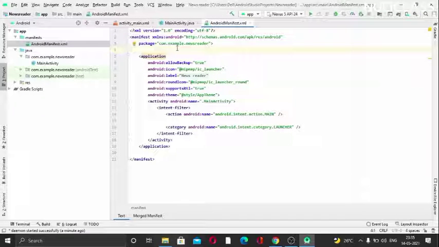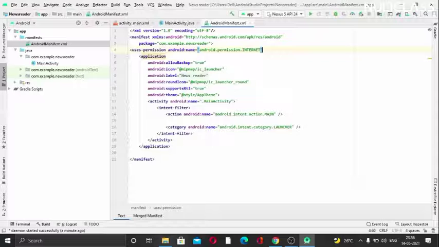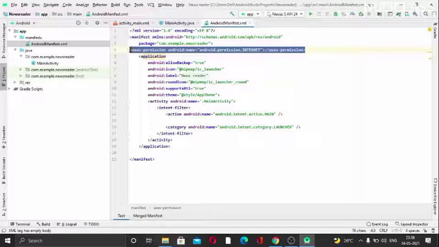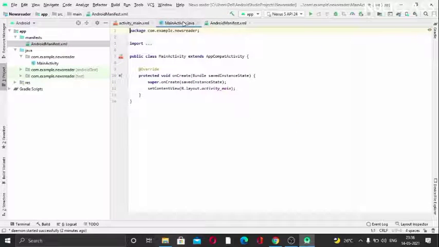I will click this uses-permission. This will automatically come, and now I want it for the internet. I will search, and here is the first one. I want this one, so I will use this. I'll close the tag, and this will get implemented. So this is the line of code which we use for asking the permission for internet.